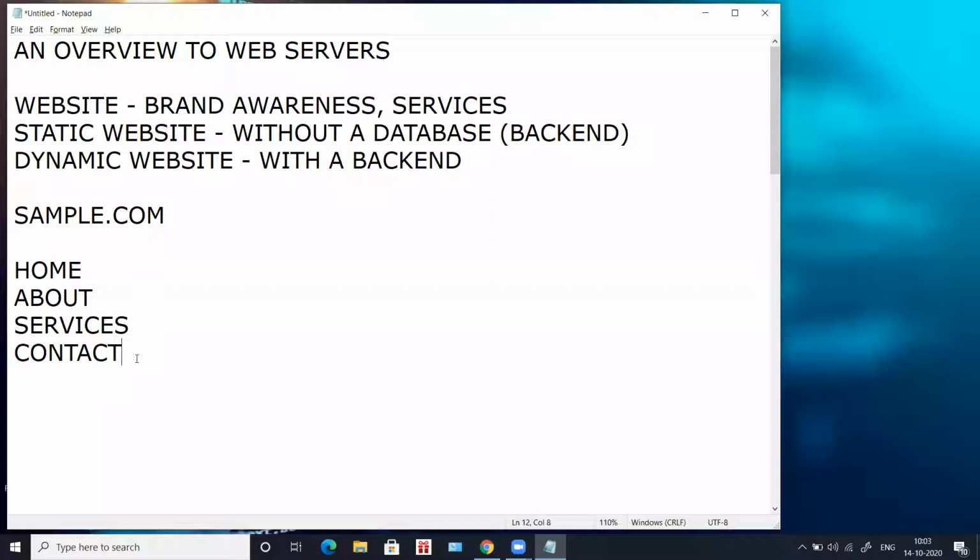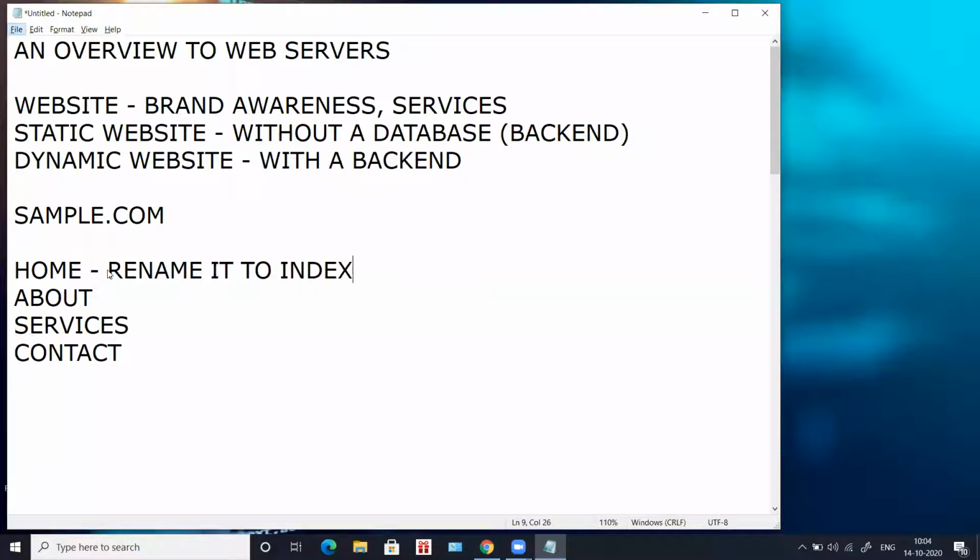Which one? Obviously home. Yes, the home page is the default page which every user should see. So if your home page should be the first page which you want the user to see, then what you have to do is rename it to index.